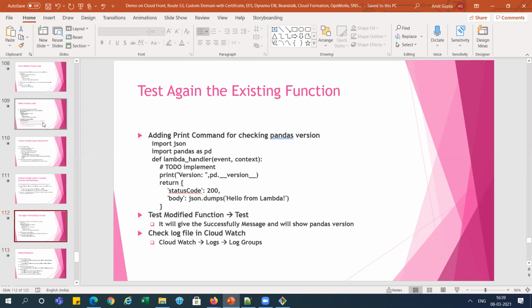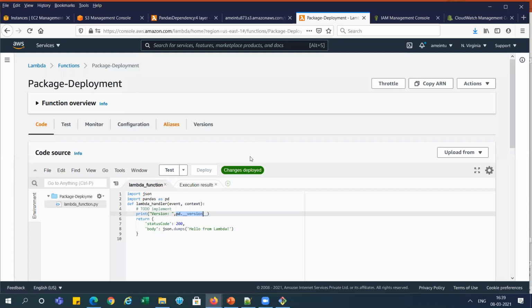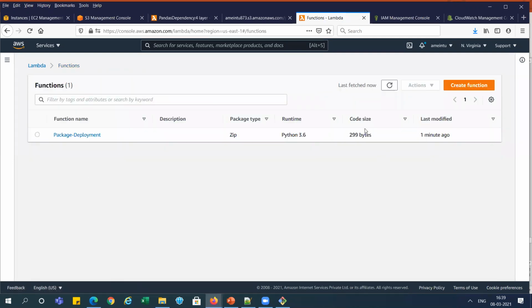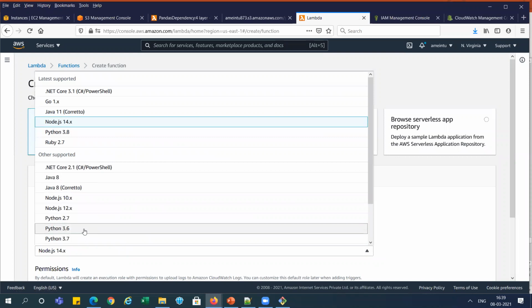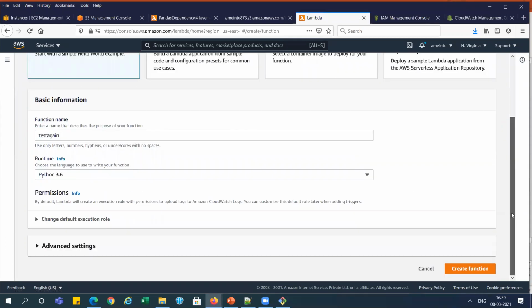Now we need to go and delete the resources again, right? Or for the same function we can create it. So what I will do, I will create one more function. I will show you. I will use the same layers over there, right? Because layers is created. So let's do it again. We will create one more function over here, and I will say test again, right? Pandas 3.6 we used, right? And I'm creating test again function 2. Let me do it.